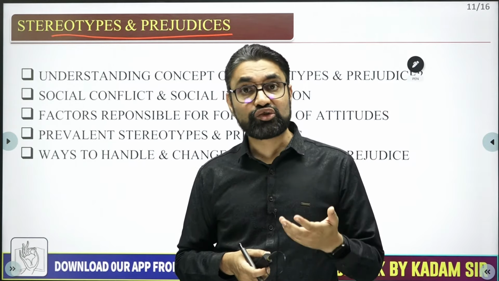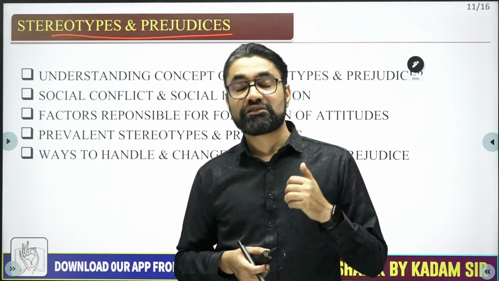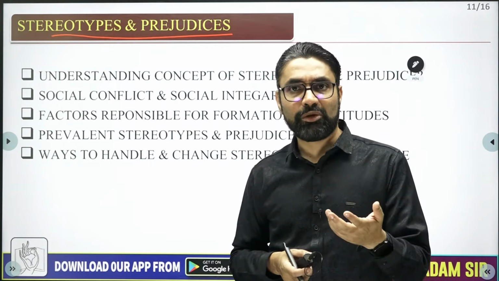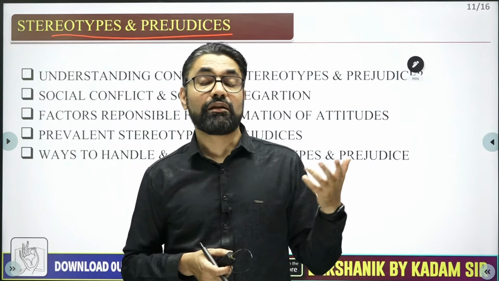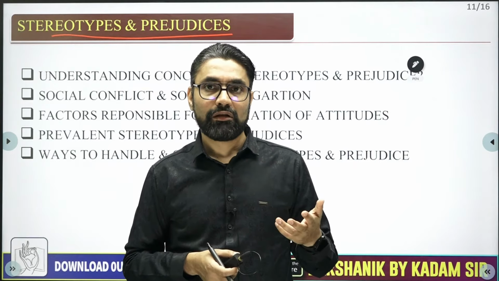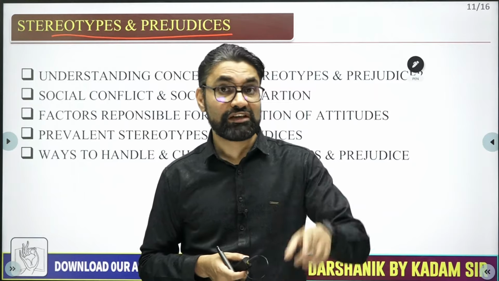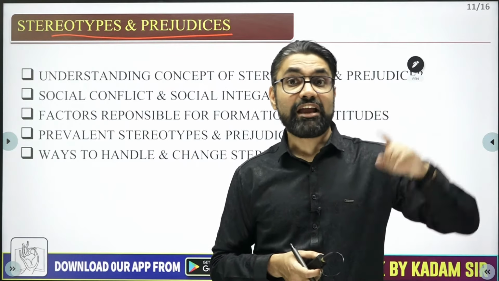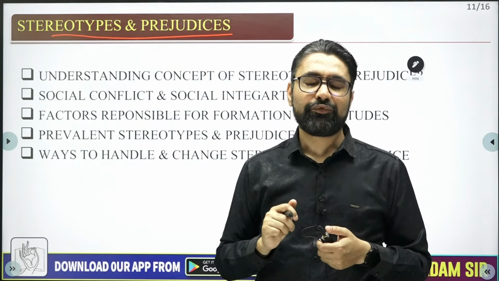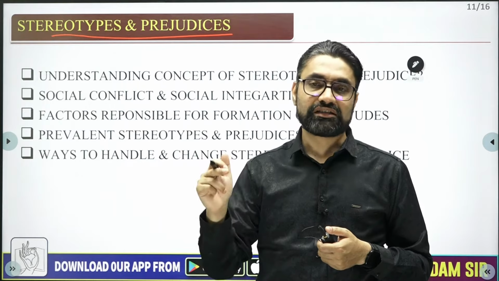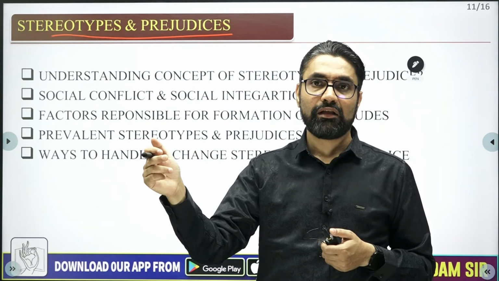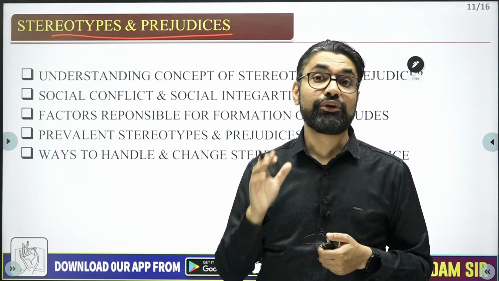So obviously then we also develop attitudes towards society, some culture, religion, or group of people. Now if you like some group of people, say I like American people, I like Bollywood stars, then there is no problem. But if I have a negative attitude towards any social group, that is, I hate people of that caste, I hate people of that religion, I hate people of that nation, if we have a negative attitude towards any particular caste, class, sex, religion, etc., then these attitudes are called prejudices.